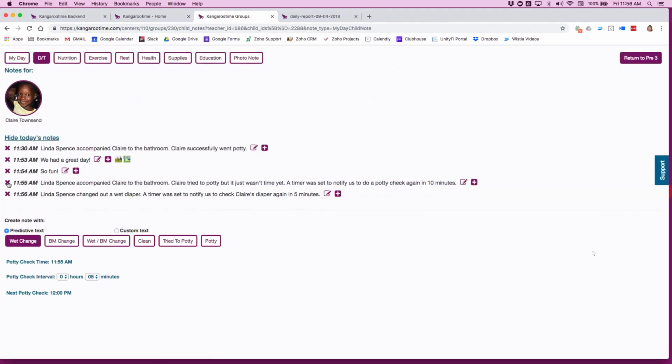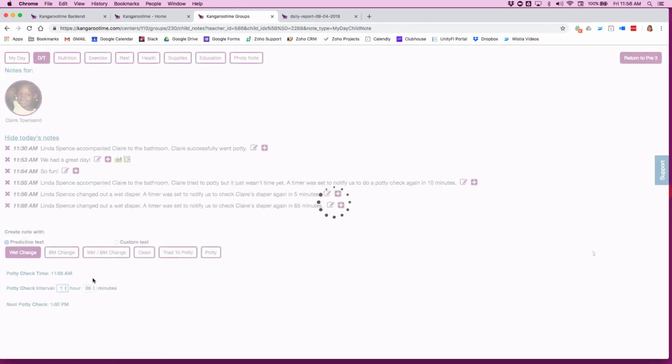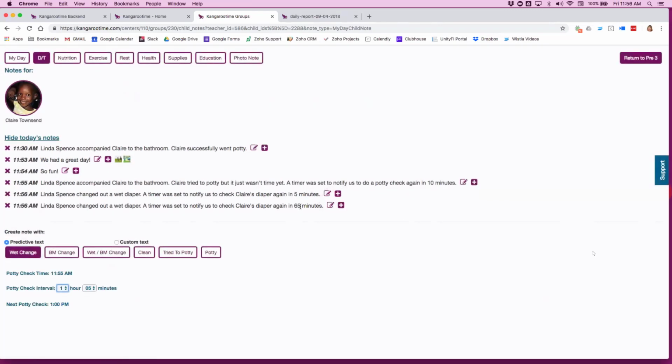But what we're using, we select the intervals for diaper changing. There's not anything automatic. We have to select that. That is true. Okay. Because we want it to start as soon as the action has happened, not as soon as the parent drops them off. But what will be great is if you have to check every hour or every 2 hours, as soon as you produce that sentence,